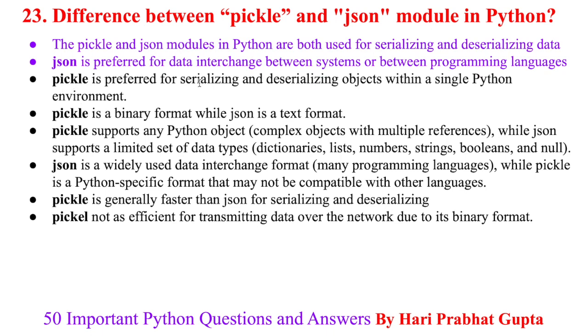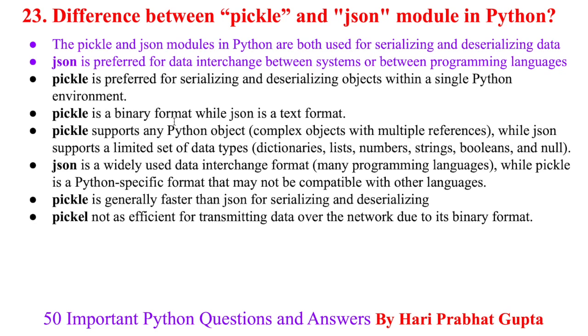First is the use. JSON is preferred for data interchange between systems or between programming languages, while pickle is preferred for serializing and deserializing objects within a single Python environment. From a format point of view, pickle is a binary format, while JSON is a text format. Another difference is that pickle supports any Python object, including complex objects with multiple references, while JSON supports a limited set of data types such as dictionaries, lists, numbers, strings, booleans, and